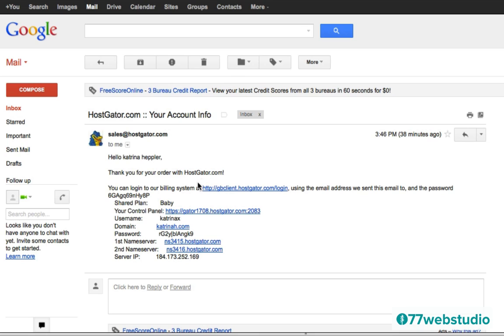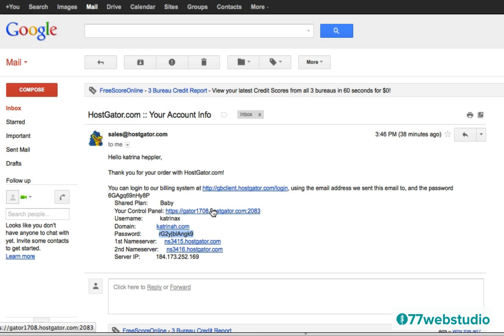Number one, the first link that they'll share with you in the email is the billing system link. So if you want to check out any info related to your billing, you can go ahead and click on this link and use the password that they give you. And then right below that, you'll see that there's a link for your control panel with your username and a temporary password. So I'm going to copy this password here, the temporary password, and to log into your control panel, you'll use this link. So this is a really good email to keep in a safe place for future reference because you will be needing this information as well as the link to the control panel to log into your HostGator web hosting account.